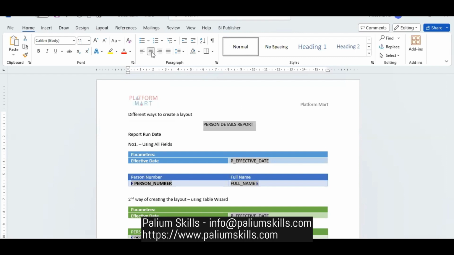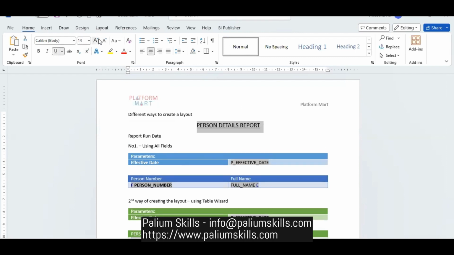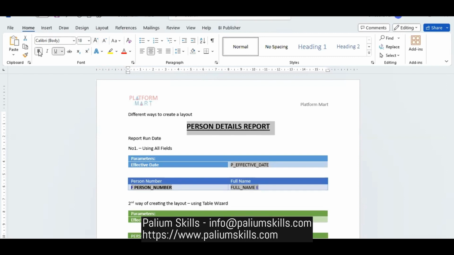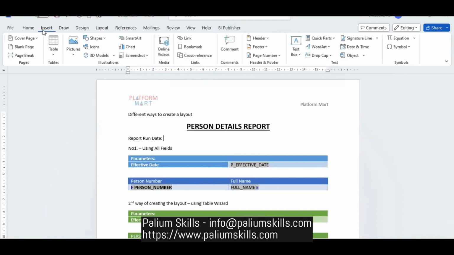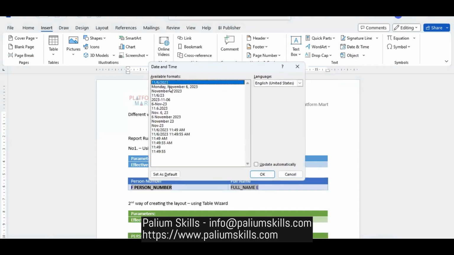See here, it is much easier to do the layout. Report run date, you can insert a field here, or you can say, like today's date and time. So that will be your date and time. So you can say, if you want it this way,